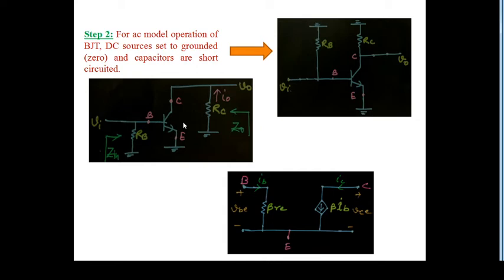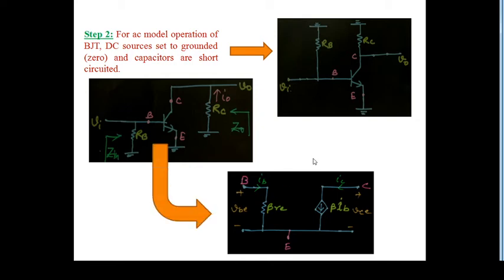And now in the next step, instead of this BJT transistor, we have to replace it with the corresponding equivalent model. So beta RE, beta IB. Yes or no? Already discussed. So those who are not getting this one, you just go to my video lecture for the RE model, the derivation of how it is coming from the equivalent model of a BJT.